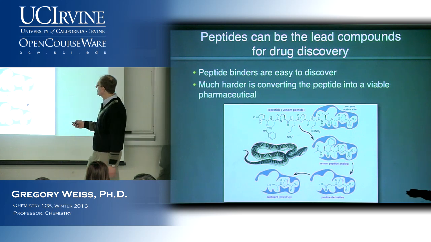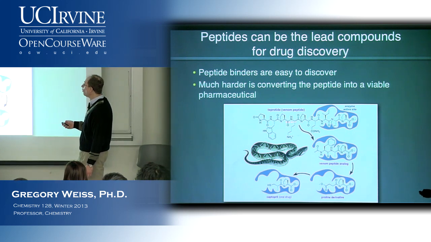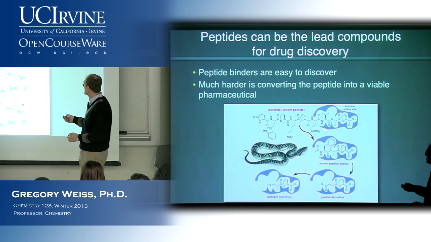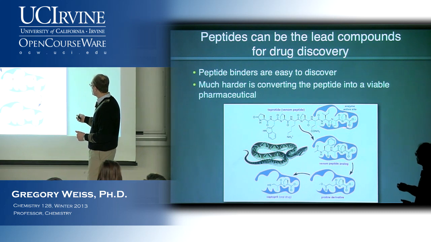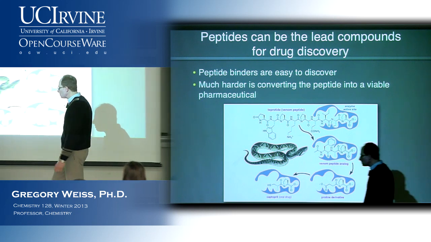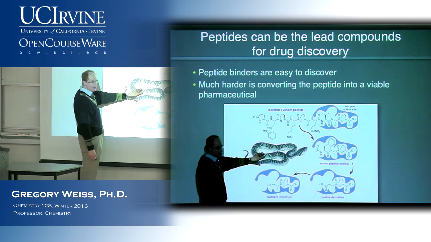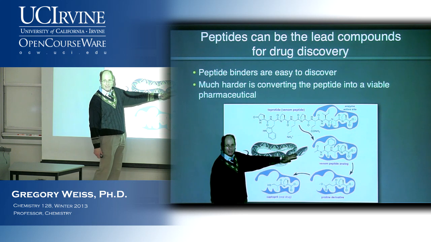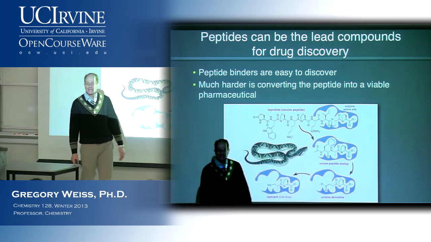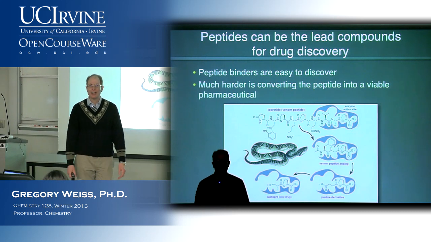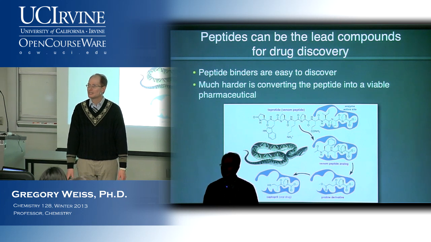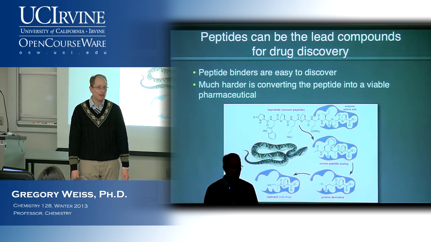Okay, so if you could solve the structure of this bound to the active site, or do a lot of structure-activity relationship studies where you mutate these side chains and identify which half of the peptide is working, you can make an analog to the original starting peptide. Okay, let me explain that a little bit. So you have your pit viper. Somehow, and I don't know how, but you do this part very carefully, you collect the venom, okay? And then you start looking at various fractions of the venom to identify the active ingredient that's making it effective as, I think in this case, an anti-inflammatory or pain-suppressing peptide, okay?